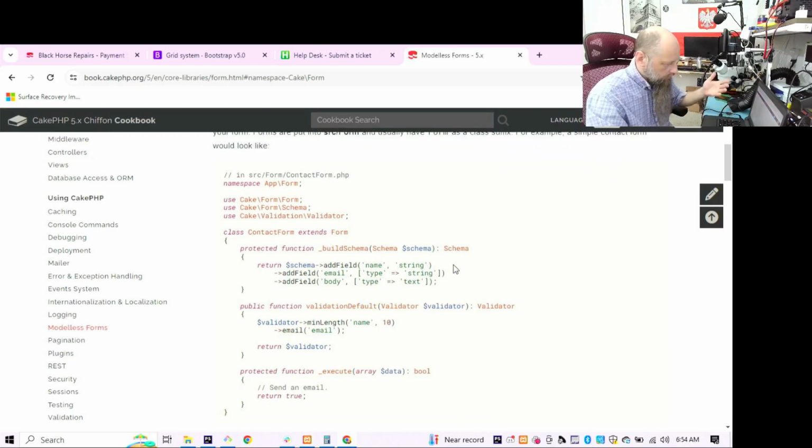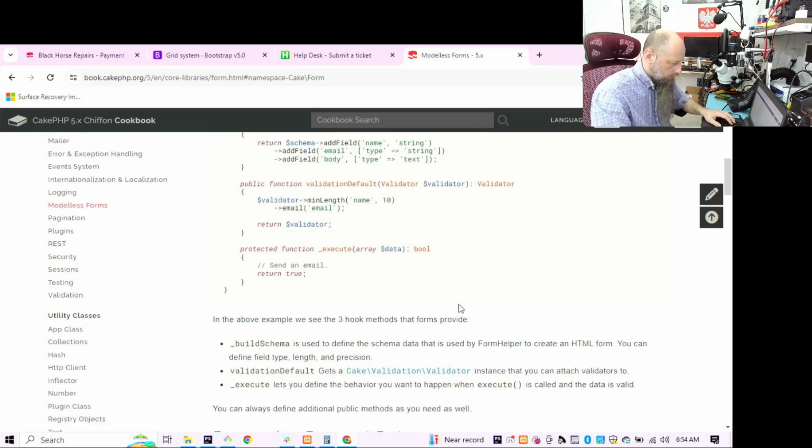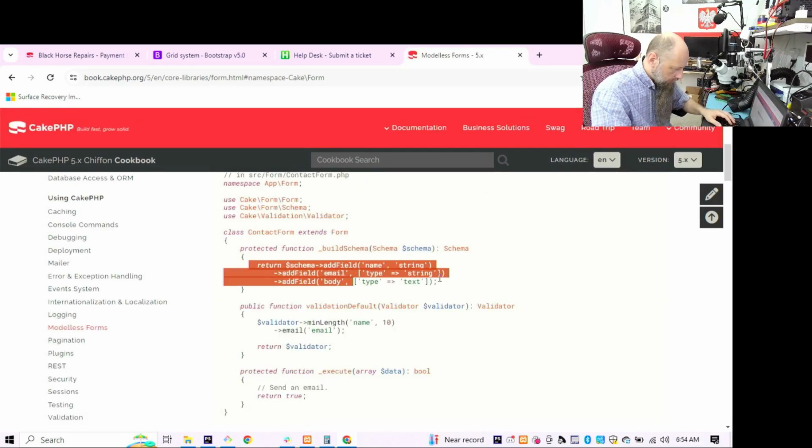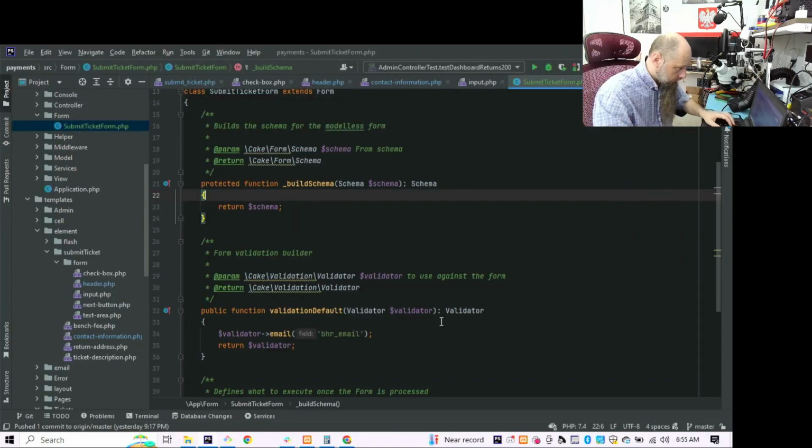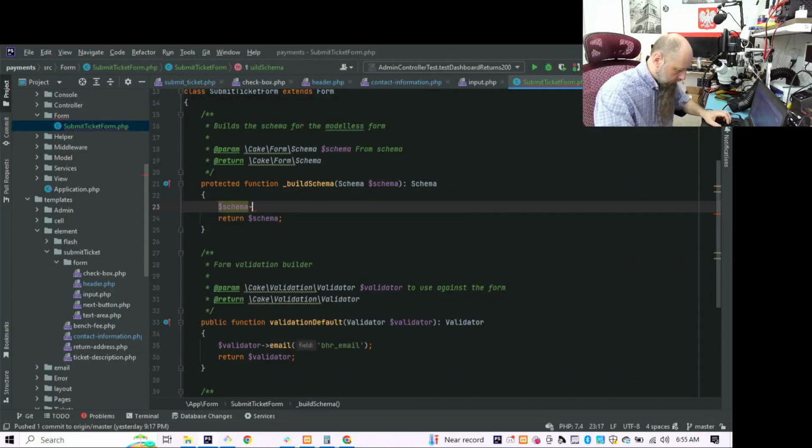So it's called model-less forms, and that's pretty much how it works. We add field name of type string, and add field email of type string. So what is the schema? Add field. We do want, yes, the attribute is either string or